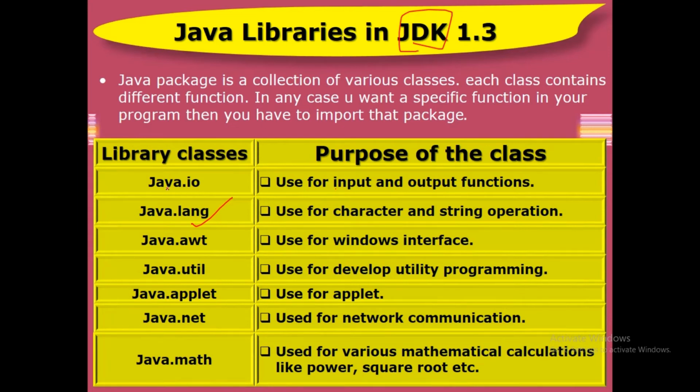The java.io package is the input output package. There are also the java.awt package and the util package; you use util when you are using the Scanner class, and the io package when you are using the Buffer class. The java.applet and java.net packages exist as well. When you are using math functions, you have to import the relevant package; without this you cannot use the math functions. If you want to use the power function, you first have to import its class, and then you are able to use it. So these are all the Java library files, the Java library classes.